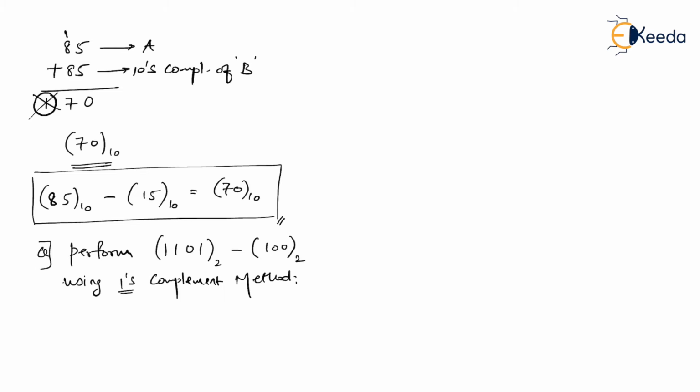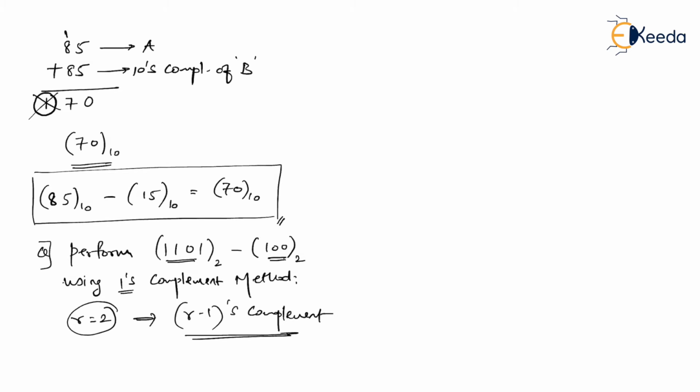And I'm sure you remember, if it is 1's complement method, here r value equal to 2. It means they are asking you again to go back to r minus 1's complement method. So how do we do that? Very simple. First of all, please don't forget, both the numbers should have the same size. Can't you see this is 4-bit? Can't you see this is 3-bit? So make 3-bit to become 4-bit.